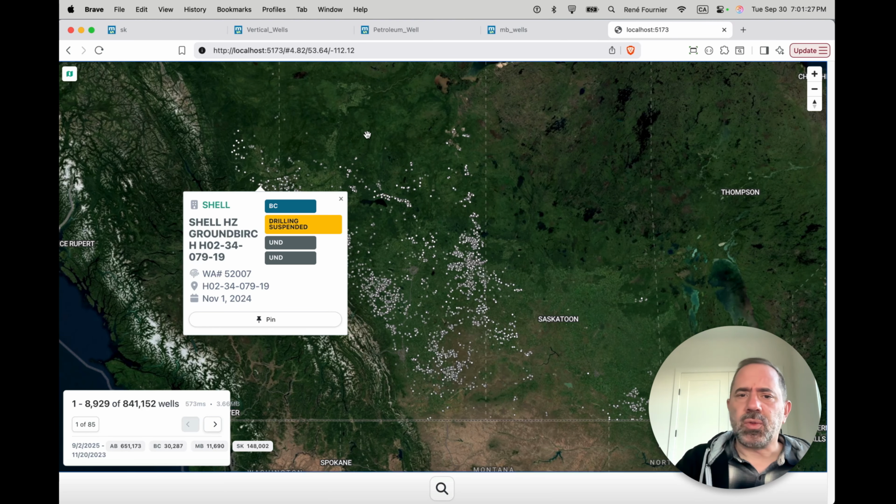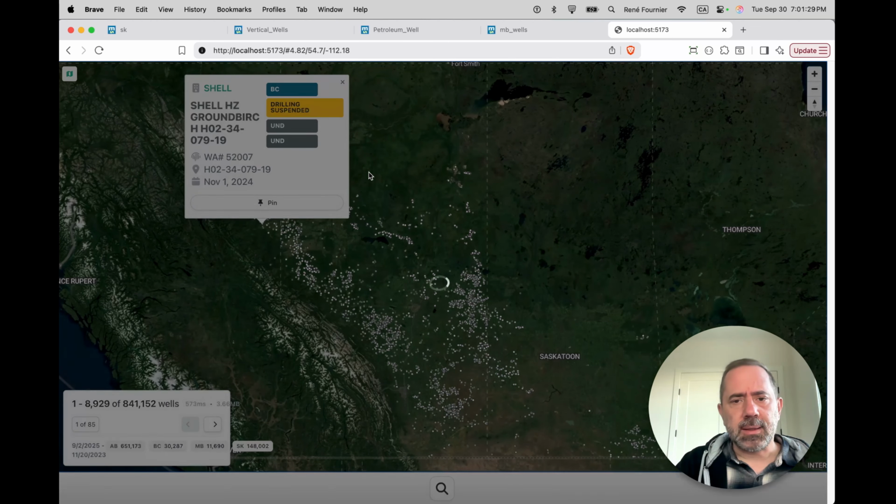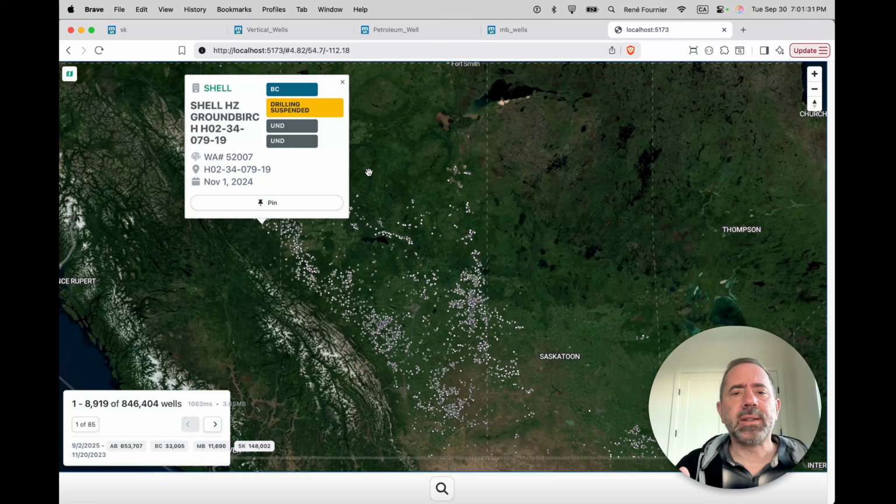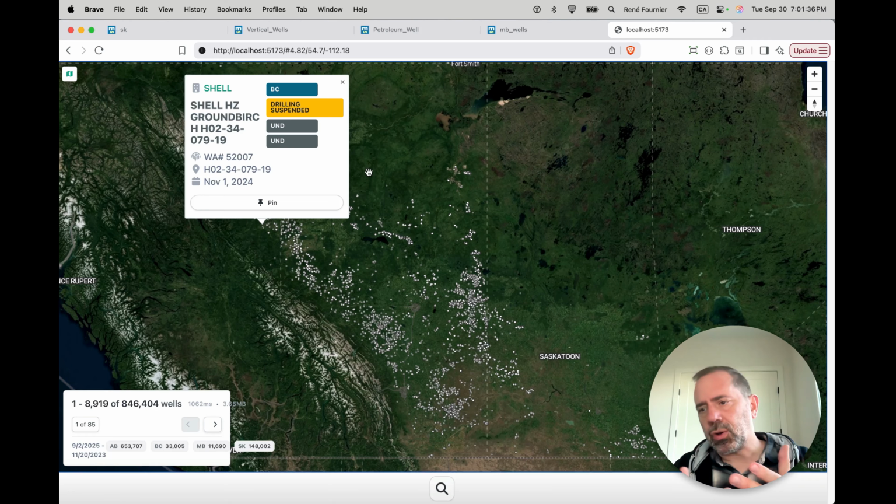What's one of the challenges when doing a project like this is that the well data, once you obtain it, is actually in quite different structures and data formats between the provinces, because each province, which has ownership over their energy, creates their own formats. And they all kind of distill down to shapefiles, CSV files, and other GIS-y things. But trying to corral all of that together is an interesting challenge.